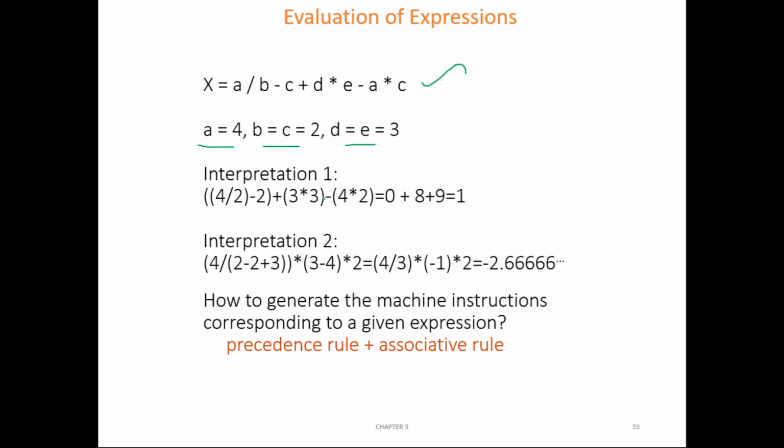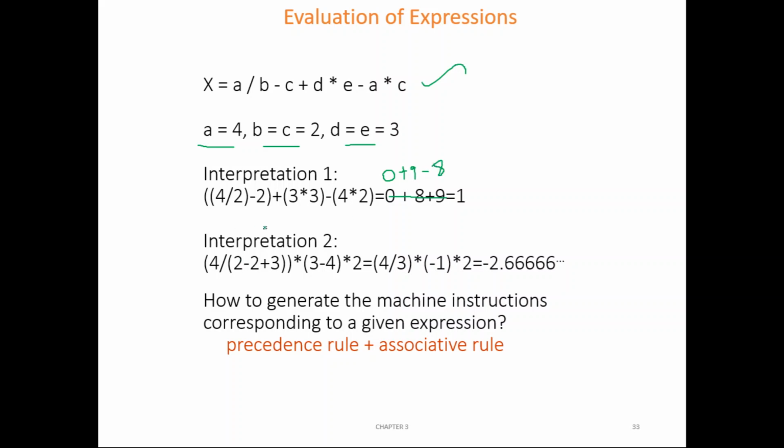So it is 0 plus 9 minus 8. So the result is 1.